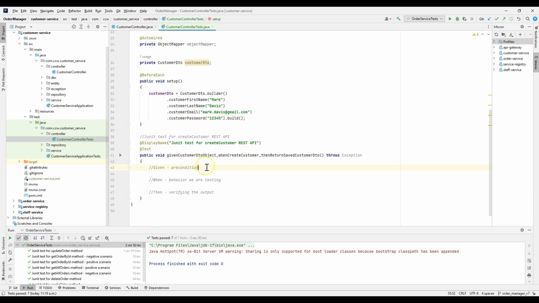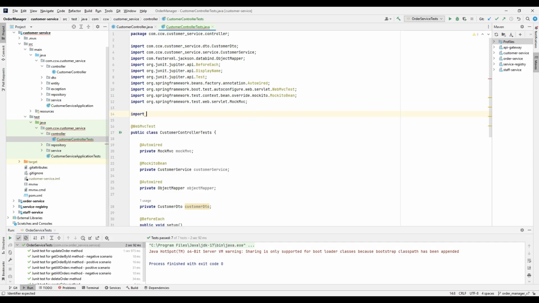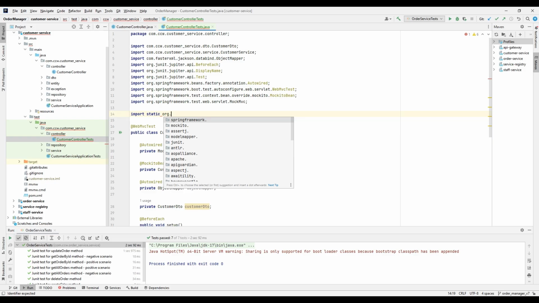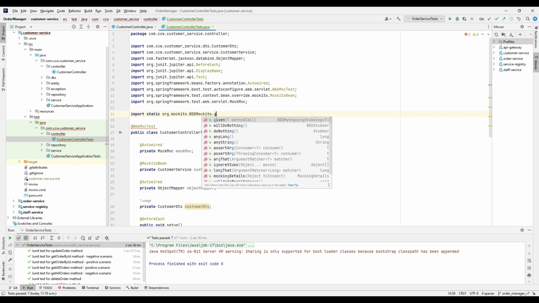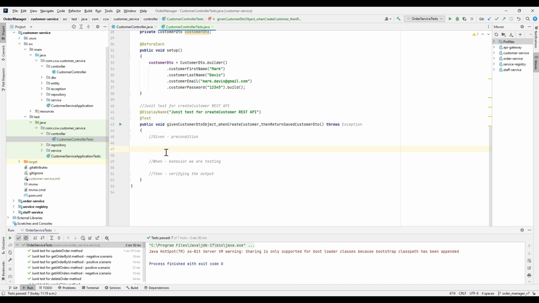Next, we have to add the stubbing calls. So to add the stubbing, we can use the given just like we used in our service layer testing. I'm going to import given as a static import from Mockito. I will add a comment just to differentiate